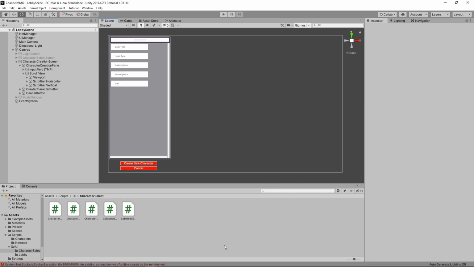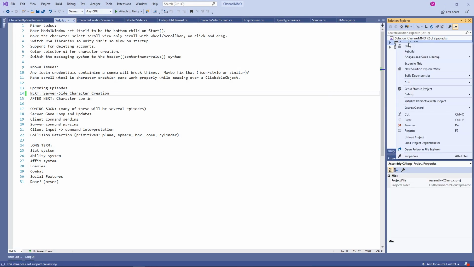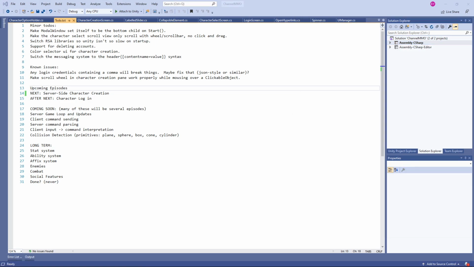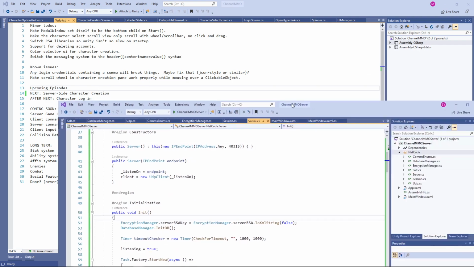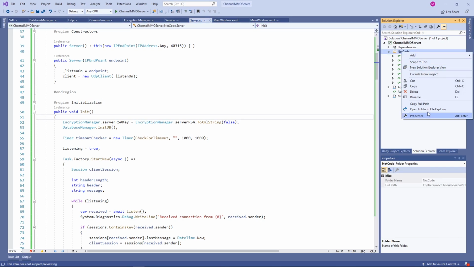because first I'm going to show an explorer here, and let me just get to where it actually... Oh no, we need to be in the server is where we need to be. So this is the channel MMO. Where's channel MMO server? Did I move that to... Yes, I moved that to my other monitor. Here it is. Wonderful. So we will go ahead and open that folder in the File Explorer, and we will head on over to the